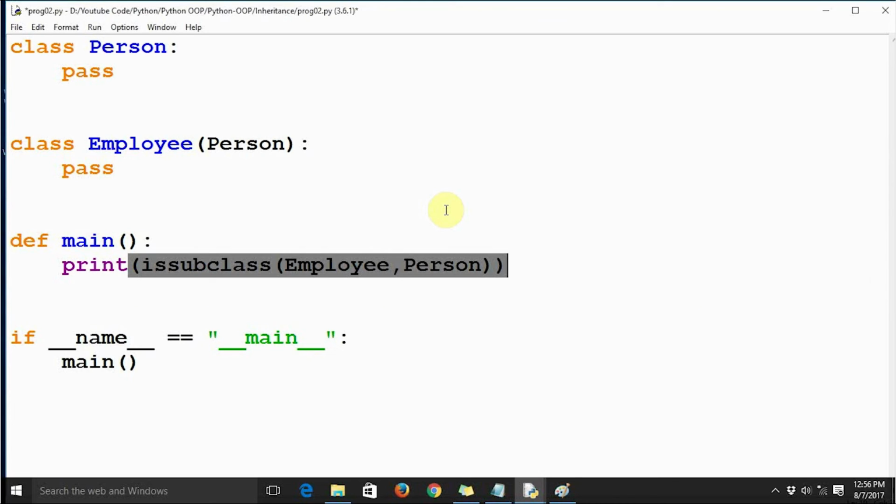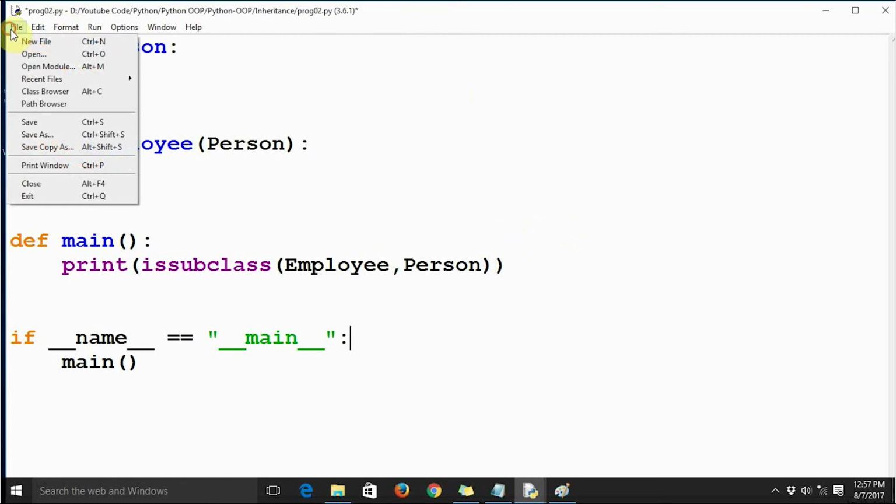This is like asking if Employee is a subclass of Person. This is going to return a boolean value. If Employee is a subclass of Person, it is going to return true, and if it is not the subclass of class Person, then it is going to return false.